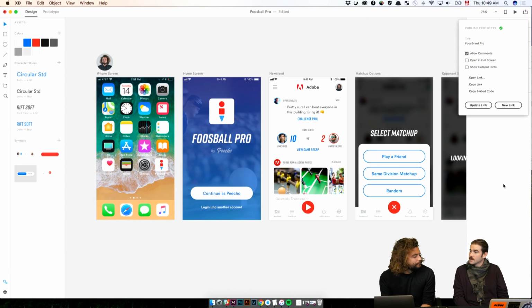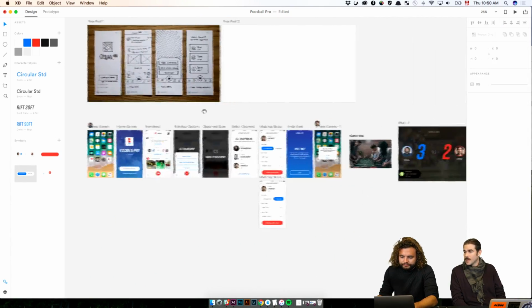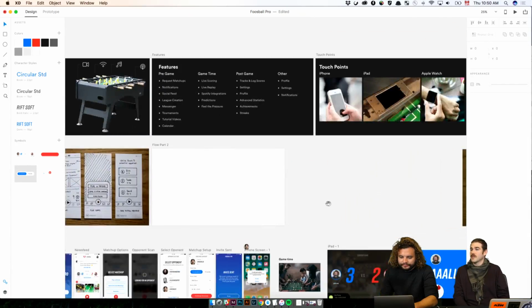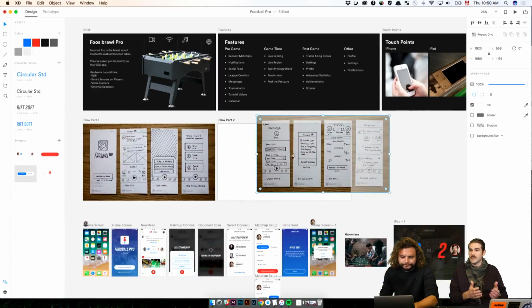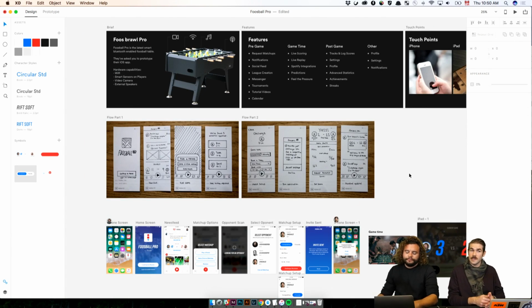3 days, man. 3 days. Yeah. 6 hours, one prototype. We've got almost 10 screens, I think, that we went through. We started off with some great sketches. The sketches were definitely something we referred back to. I think there's a lot of consistency between your sketches and the final designs that we ended up